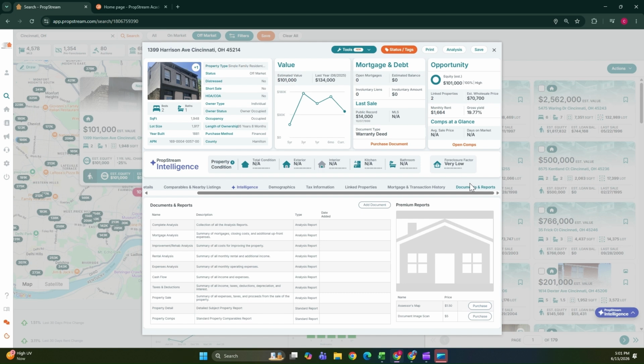Documents and reports. All right, so let's say you want to purchase access and map, document image scan. You can just purchase here, but usually I'll just keep it within Propstream. I don't need to purchase anything. My monthly subscription is more than enough. Right, so we'll go to right here,